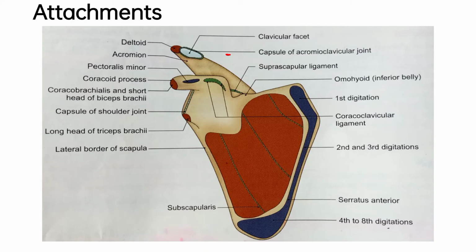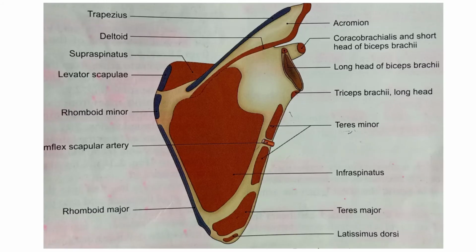Moving further, long head of triceps. Now long head of triceps here. This is infraglenoid tubercle. So it arises from the infraglenoid tubercle. Next is teres minor. Teres minor arises from the upper 2/3 of the rough strip on the dorsal surface along